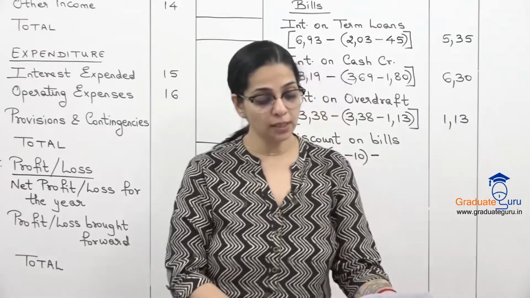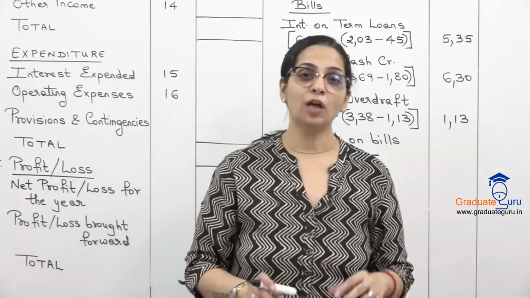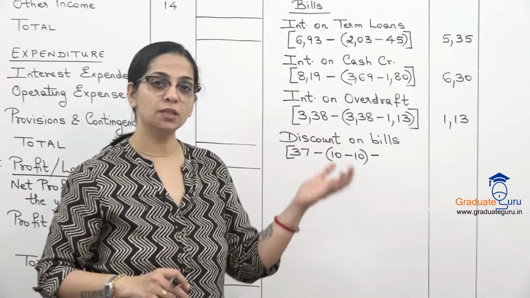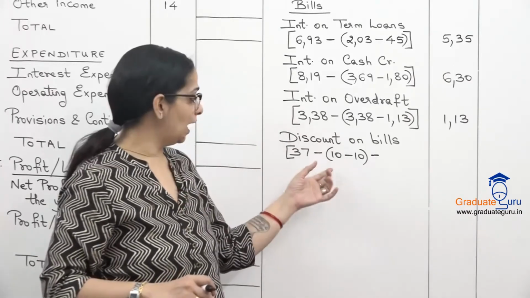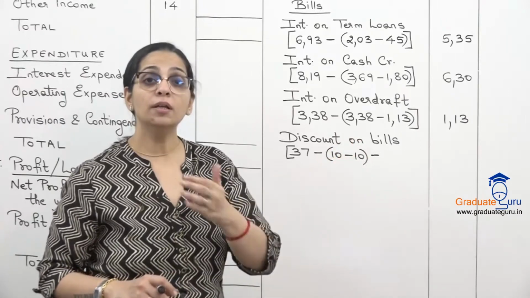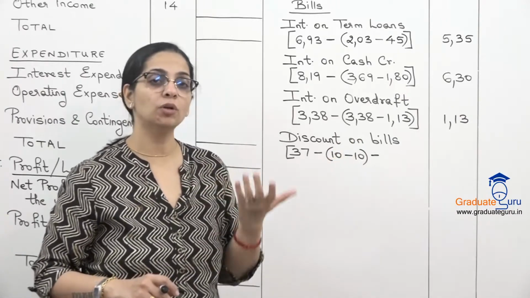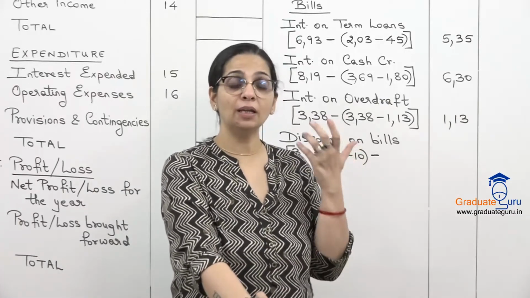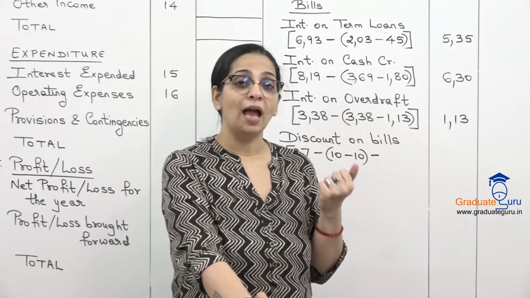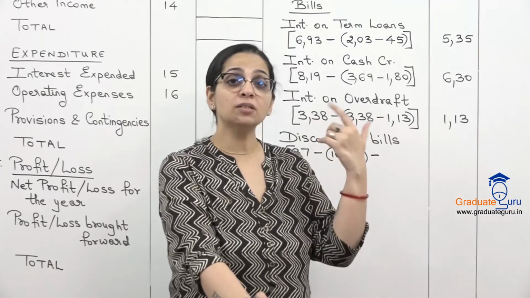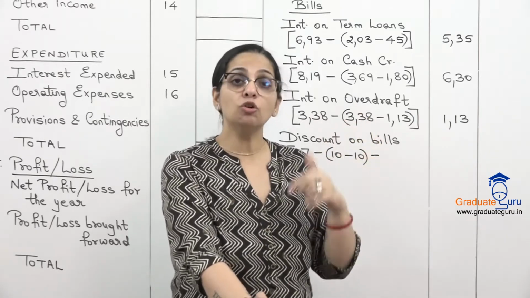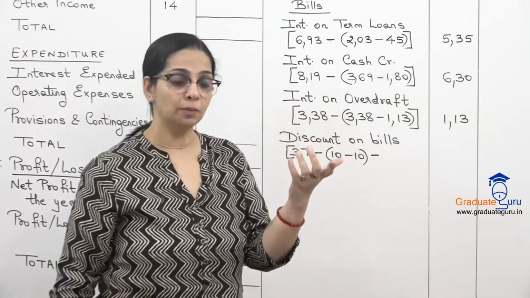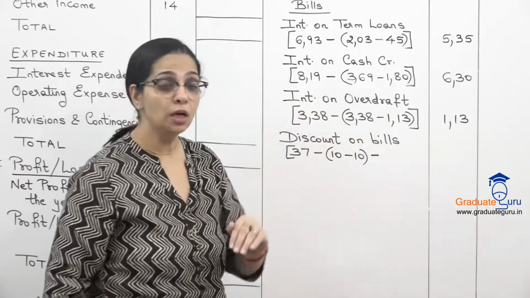The rebate on bills discounted was 5,000, and as I said, rebate is not this year's income. This is next year's income. So here, from income, I have to remove the rebate. I will subtract it. If you remember your entry for closing rebate, in the beginning we had done some sums on rebate, and there my entry was interest and discount account debit to the rebate account. So when I debit interest and discount, it means I am reducing that amount from income.